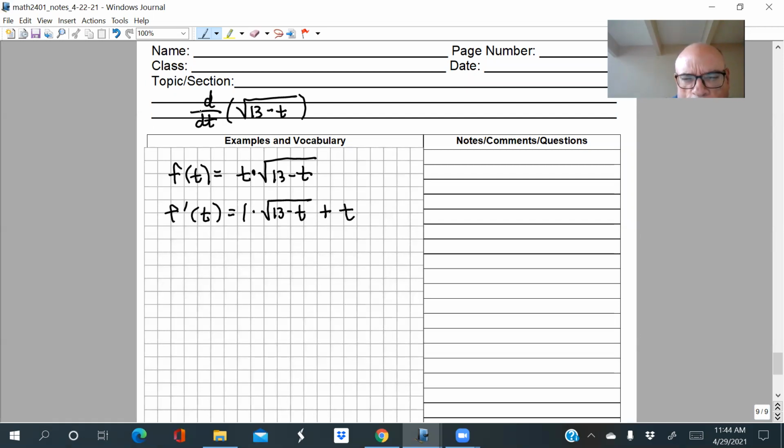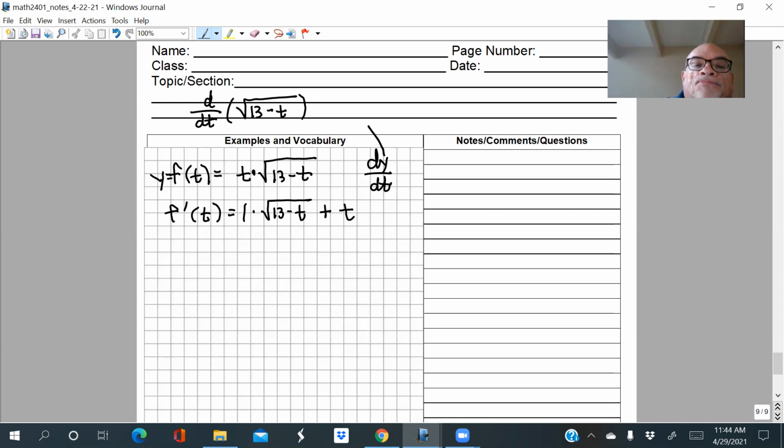You may wonder about this notation that I'm using to indicate the derivative of this expression, right? You might have written this function formula, instead of using f of t, as y equals t times the square root of 13 minus t, right? And then notice that you can write the derivative here as dy over dt. So that derivative notation you're very familiar with, correct? But what I've done here, since I didn't really introduce or use the variable y in the original problem,